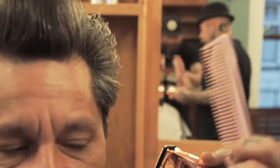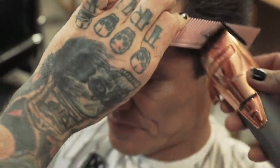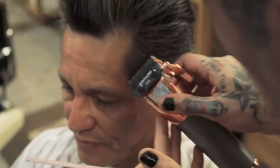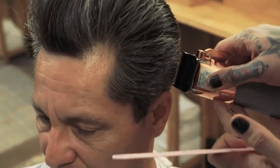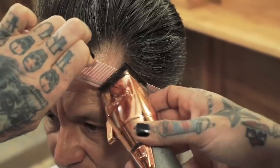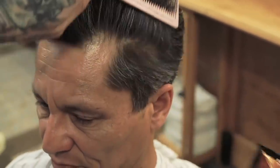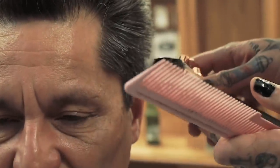And I'm going to use that same freehand technique combined with my normal tapering technique, see, to scrape it off and look for the balance on two sides in the haircut. Now this side has the tendency to jump out a little bit more. Makes complete sense because every head of hair, every